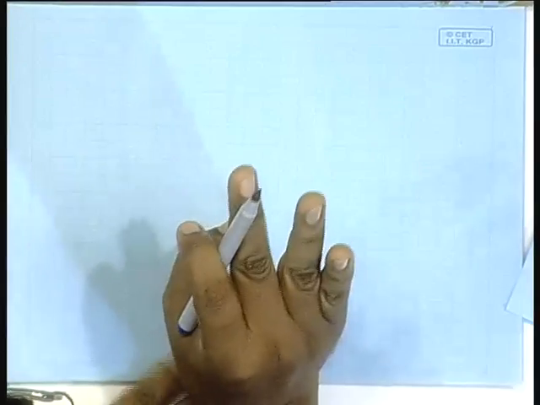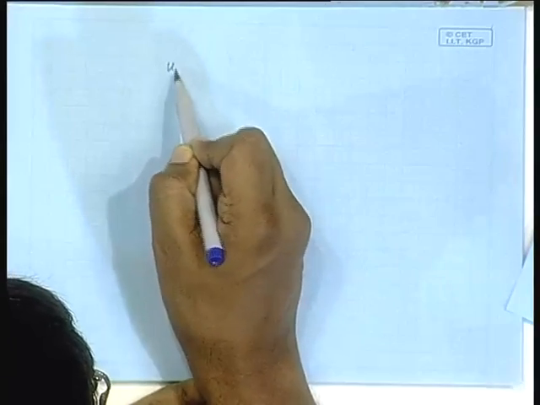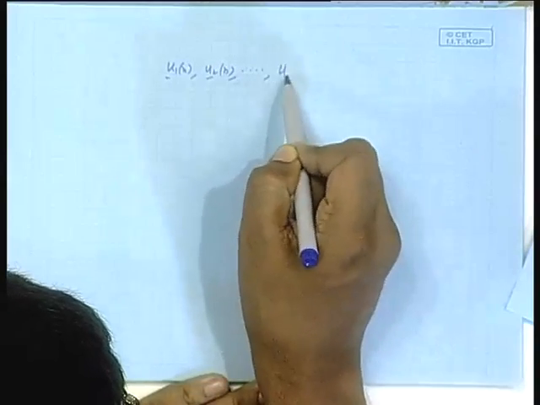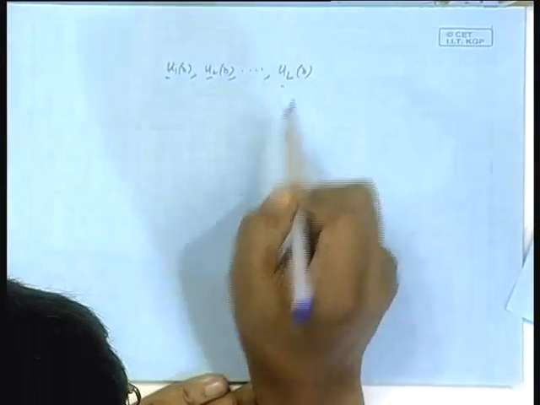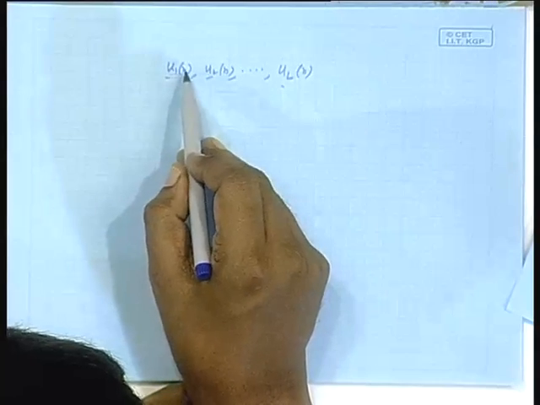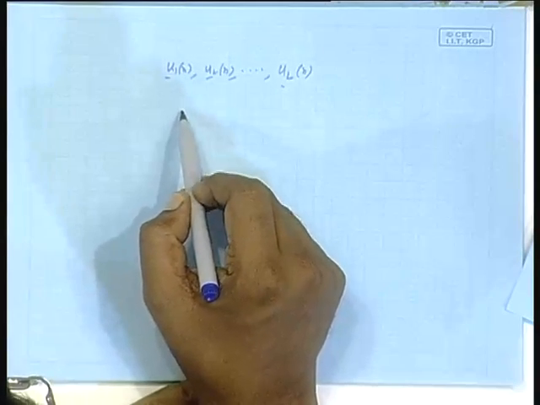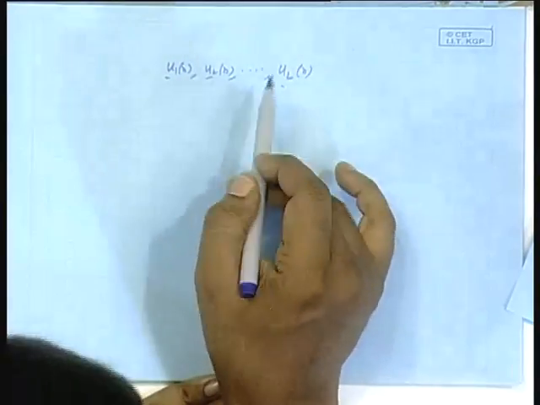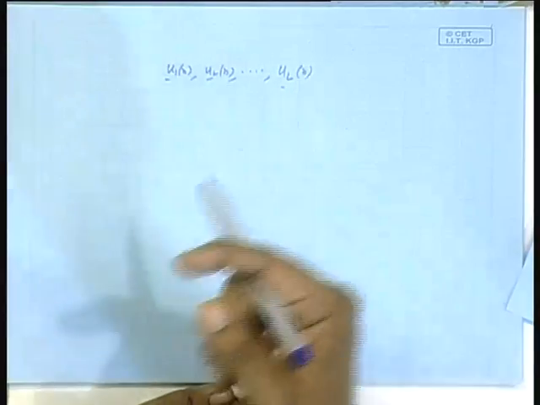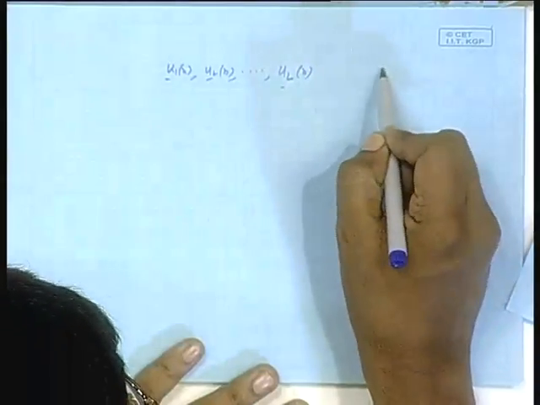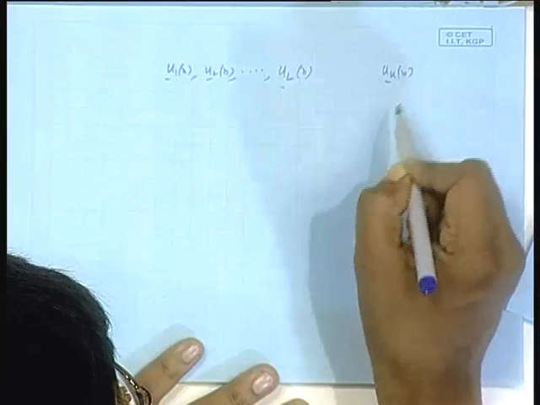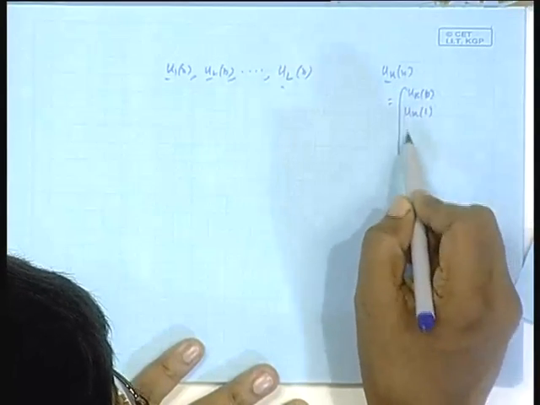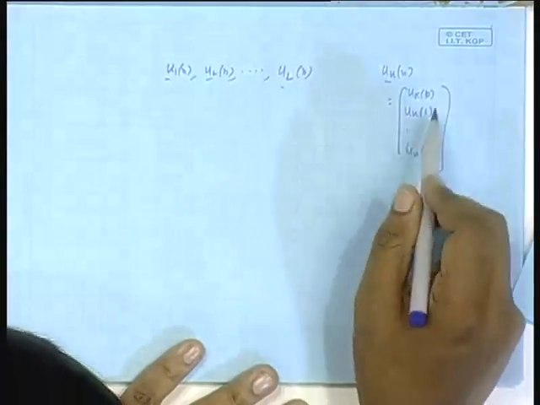I will be considering a general result now. Suppose I have a set of vectors u 1 n, u 2 n, up to u L n, L number of vectors, and each vector starts at n equal to 0: u 1 0, u 1 1, u 1 2 up to u 1 n, that is the u 1 n vector. I am not writing it out, I hope you understand this. You already know the pattern of this formula for the x n vector, or if you want, for your sake, let me write it down. This is data at the 0th index, data at the 1st index, data at the nth index. K could be 1 to L, right?